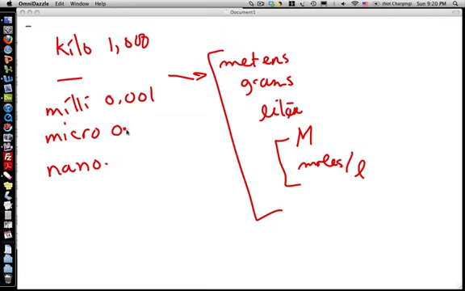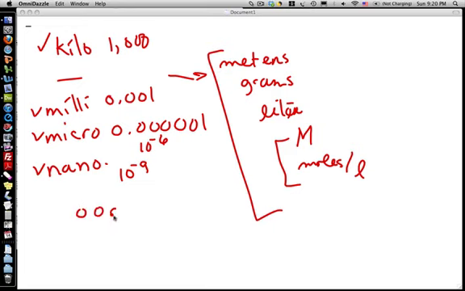Micro is a millionth, or 10 to the minus 6th. And a nano is a billionth, or 10 to the minus 9th. So big unit, and small, smaller, smallest. To start out, these represent sort of placeholder positions in numbers. So if we write numbers out like this, where that's the decimal point,